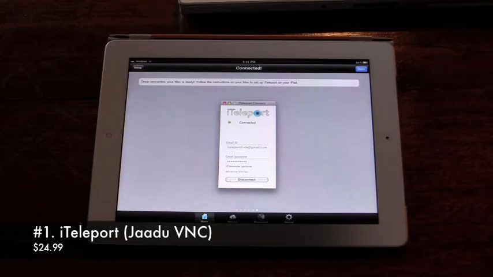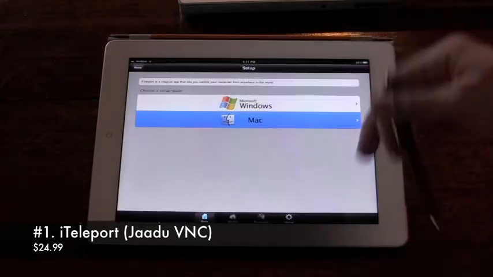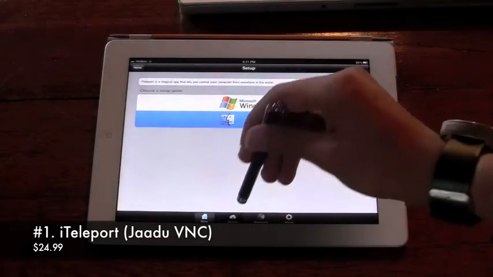I don't know if there's a new version out that has changed things, but yeah, you can download iTeleport on your computer as well as Vine server I used, and they go hand in hand. If you have any trouble with iTeleport, let me know and I can make a tutorial on it, as it is a little confusing. But anyway, assuming that I already set mine up,